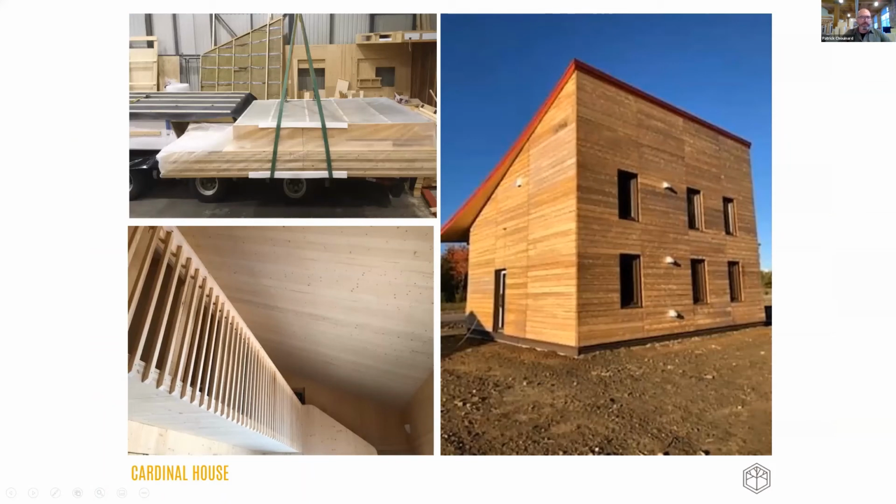We recognize that there's a need for about 130,000 houses for First Nations communities across Canada alone, not including what's necessary in the United States. Certainly some challenges to be able to build in these remote communities, and it made sense for us to prefabricate homes out of CLT. We also introduced with this project what we call our CLIPS panels, which stands for cross-laminated